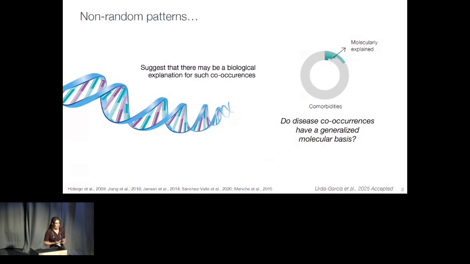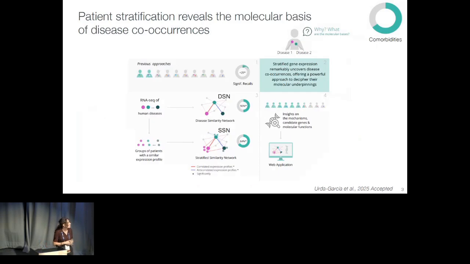Nonetheless, systematic methods have recalled only a small proportion of the disease co-occurrences or comorbidities, leading to the following question: do disease co-occurrences have a generalized molecular basis? This was the question of this soon-to-be published manuscript entitled Patient Stratification Reveals the Molecular Basis of Disease Co-occurrences. And in it, what we did was to take a stratified gene expression approach and show that it substantially uncovers this